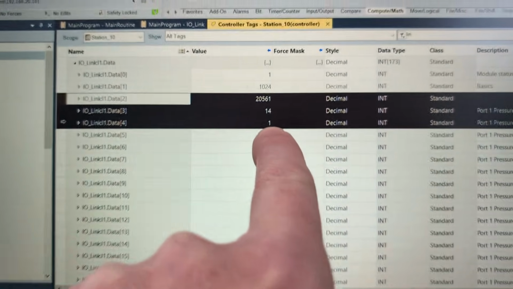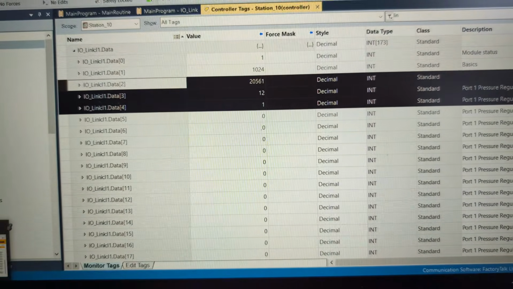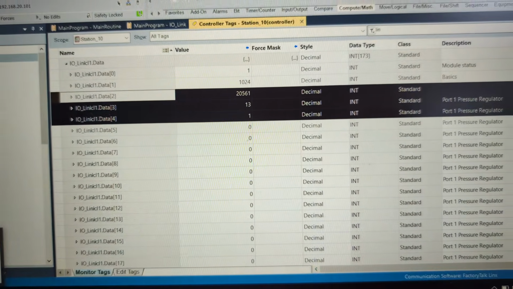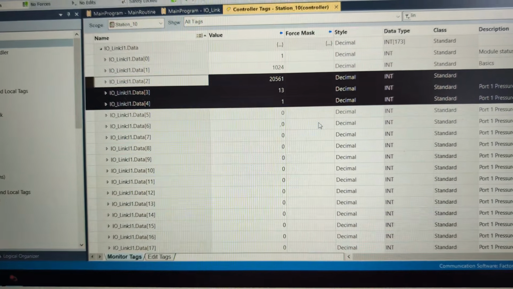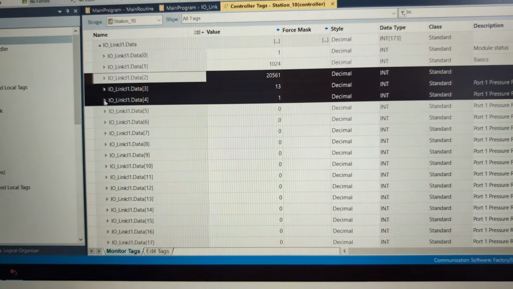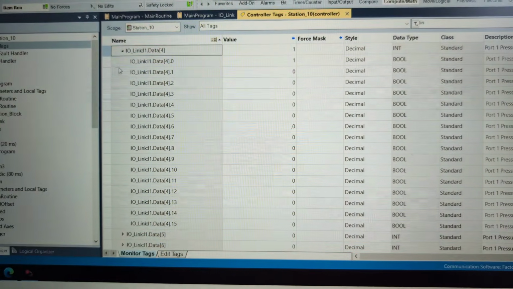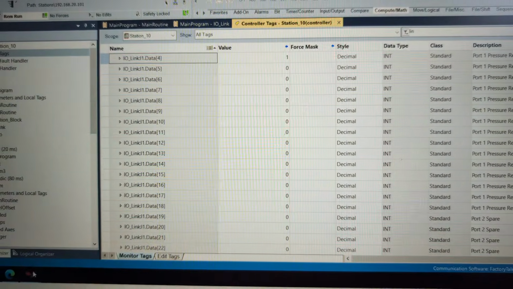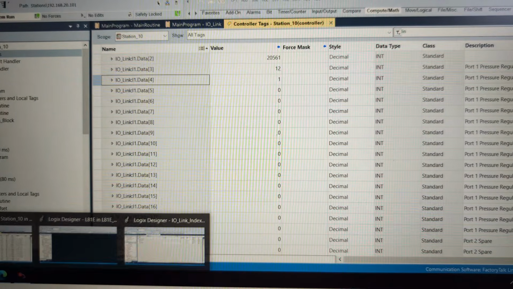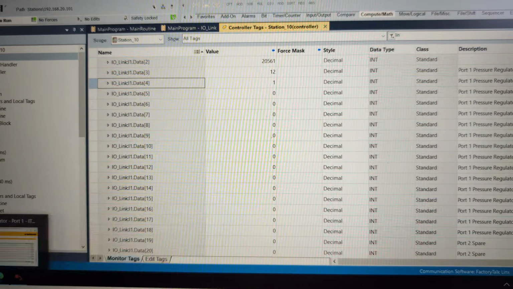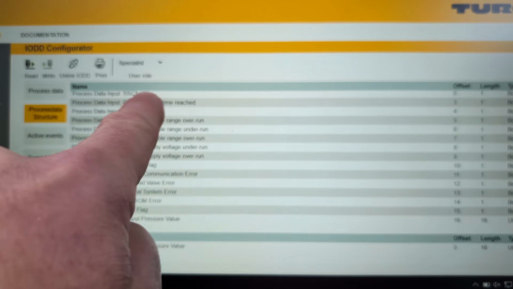And okay, I have a 1 here right now, so I should be able to go to my process data. A 1 right here, that's going to be bit 0. Let me just open that up so you can see it. That's bit 0. I believe it's the one below it. I believe we have a little bit of a reverse situation going on here, and I don't know what it is exactly, but that means bit 0